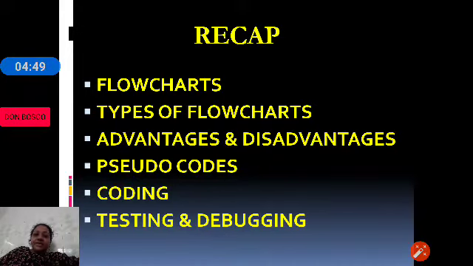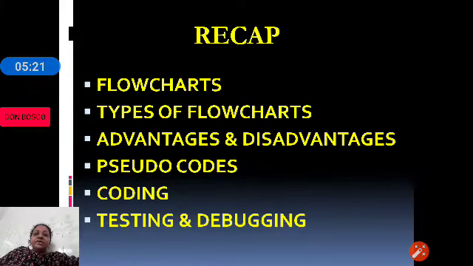Next comes testing and debugging. Testing means you are running the program by giving sample data as input. Debugging is a process where we find the faults and errors in the program and remove them.